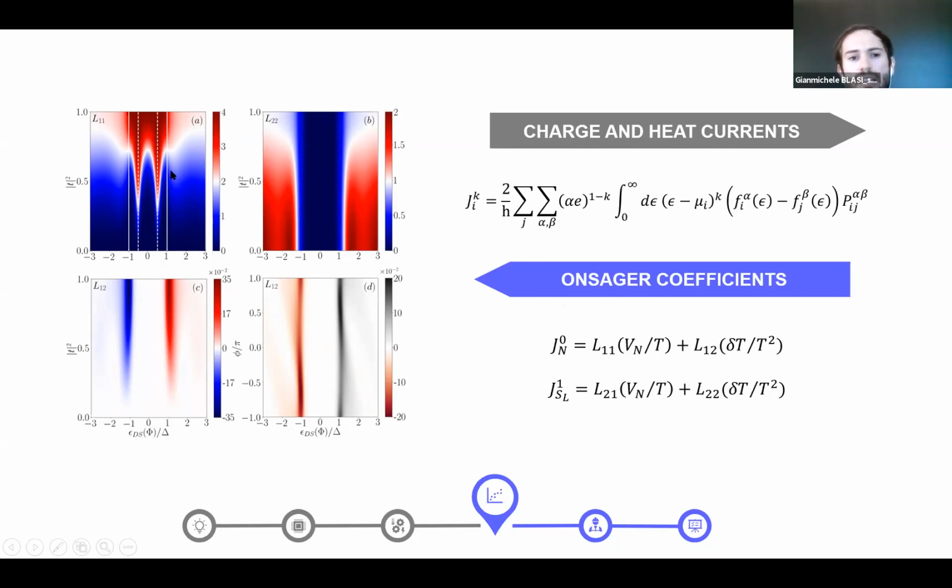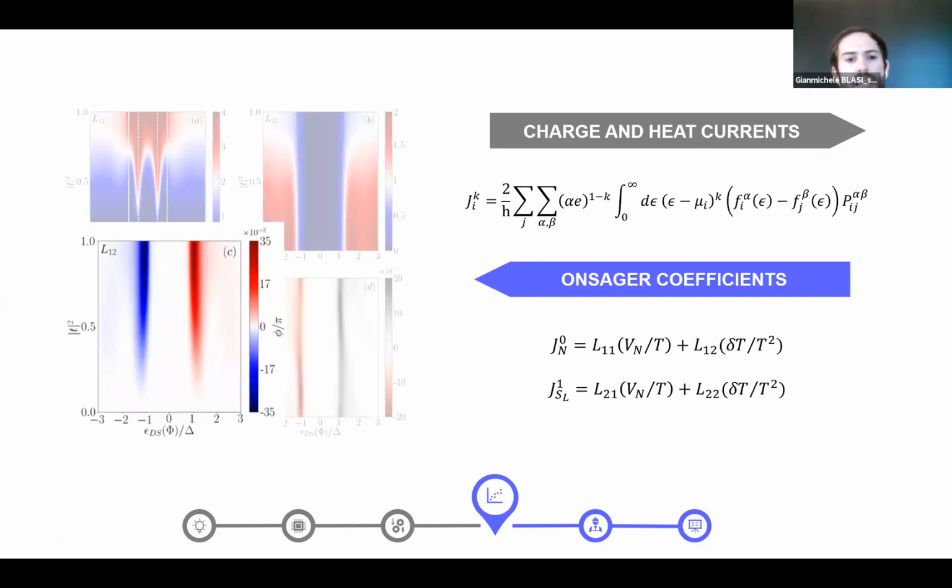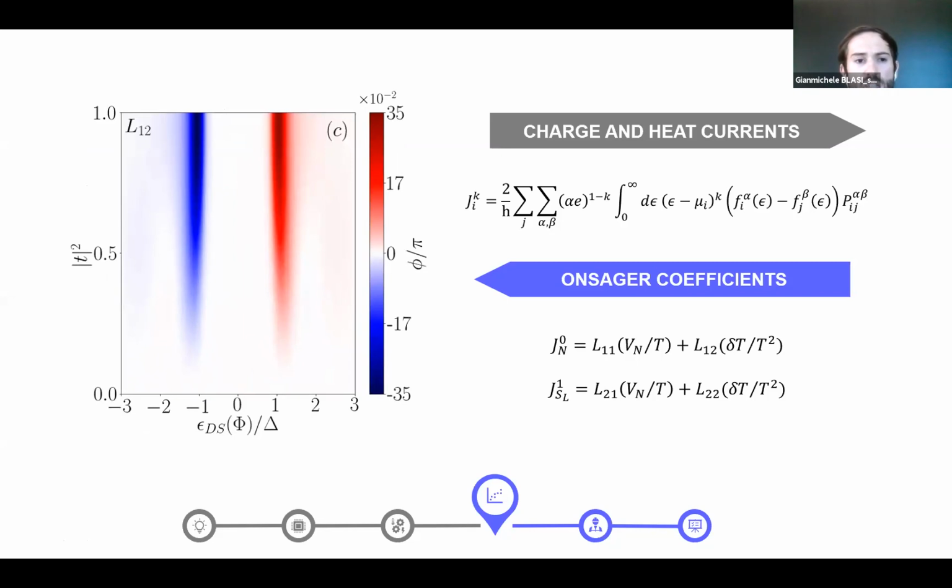And let me say that these two quantities have also been studied in the literature, even if in the tunneling regime, when the square is very small, or without the application of any probe. So in this sense, we complete this analysis by considering any kind of coupling between the probe and the helical edge states. But the most important quantity here is represented by this non-local thermoelectric Onsager coefficient L12, which, as you